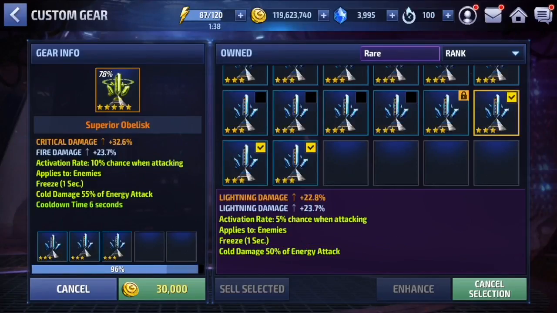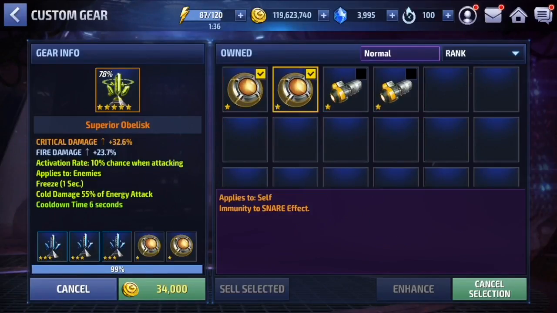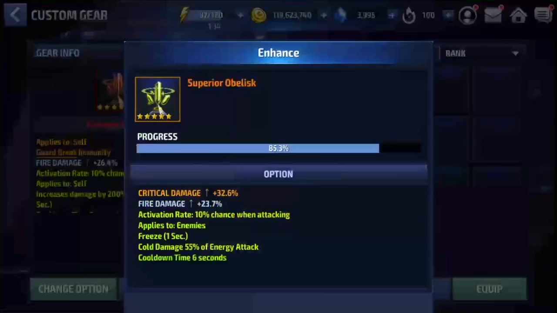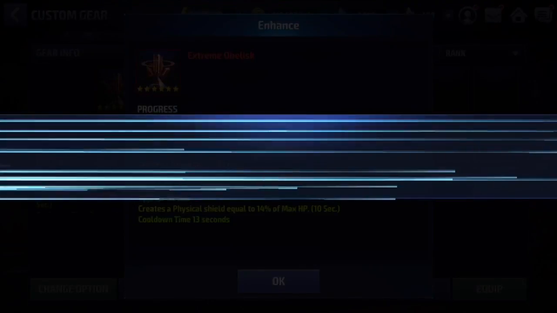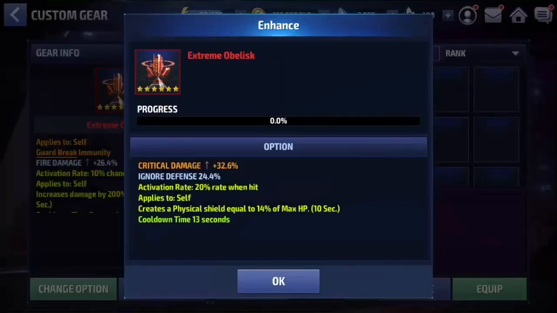Okay, and we just get a couple ones to close that off. 99%. Alright, so let's see what this turns out at, and then we're gonna go. So that's useless. See, crit damage, ignore defense. If this was anything else, this is actually usable. This is usable for someone you like, but not someone you care about to use for like end game content,